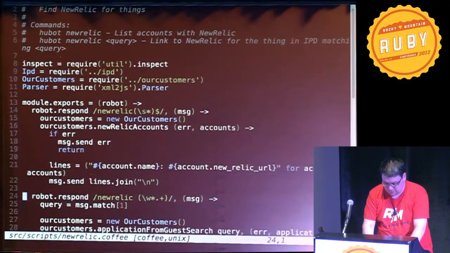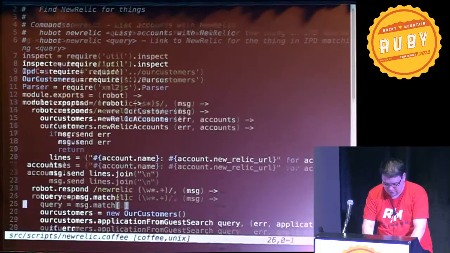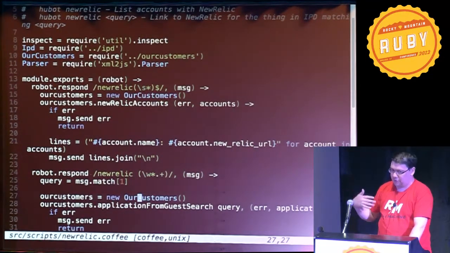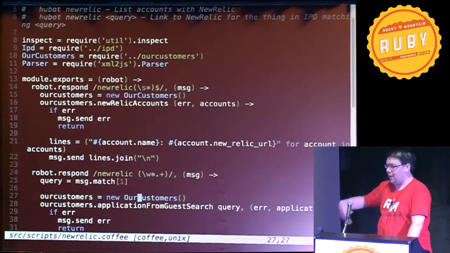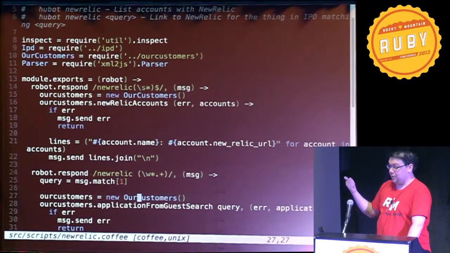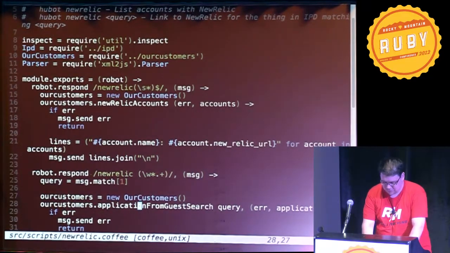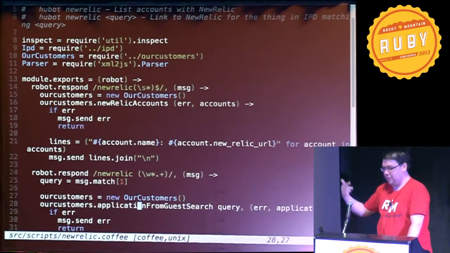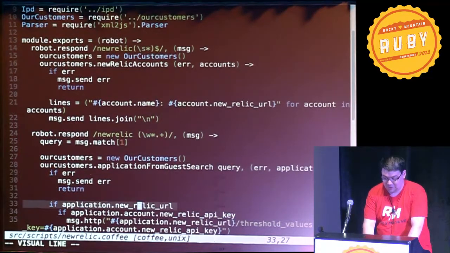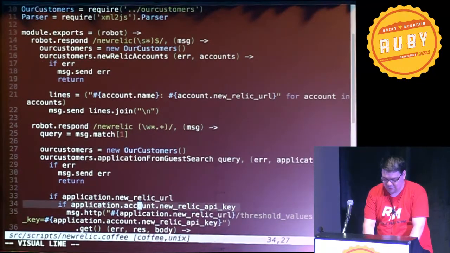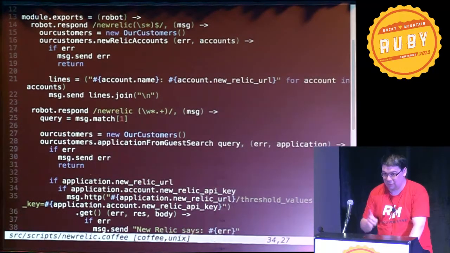So we're doing a respond for New Relic. And we have another app called Our Customers, which is basically a glorified CRM, and it has accounts, applications, users, and we've been slowly adding more metadata, like their New Relic account. So we try to find an application from the guest, correlate it back to their account, and if that thing has an account or has a URL that we can figure out, then we're gonna actually, this is kind